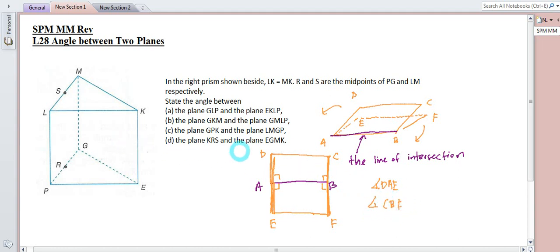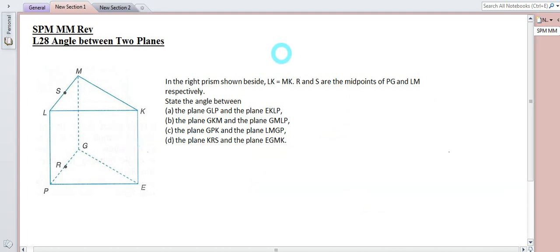Okay, let's look at these questions. Maybe this one is still not very clear. Never mind. After looking at this question, you should be okay to determine the angle between two planes. Here we have a right prism, and LK is actually equal to MK. So this is an isosceles triangle here, and here's the same thing. R and S are the midpoints of PG and LM respectively. State the angle between the plane GLP